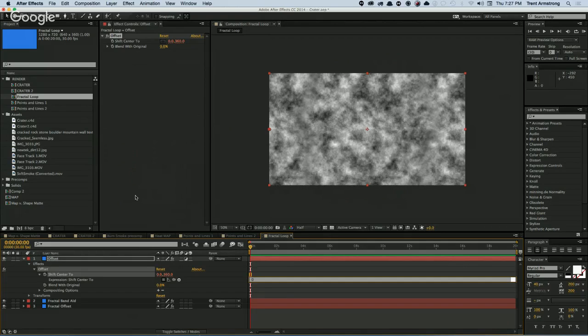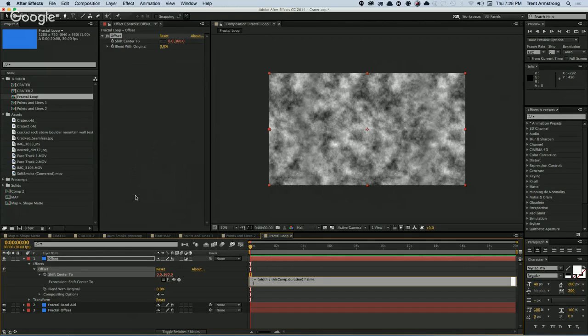So we're going to do my expression that I like to use. It is going to be width, which is the width of the layer, divided by the comp duration, this comp duration. If you can't read it, I'm going to zoom in in a sec. And I'm just going to apply this to a variable t that I'm going to use back here in a sec. Now I'm going to come back here, build my array that's going to feed back into my x and y. So I'll say t, and then I don't need to add anything to the y. So I'll do 0, and then I'll add this to the value. Okay. So breaking this down a little bit,